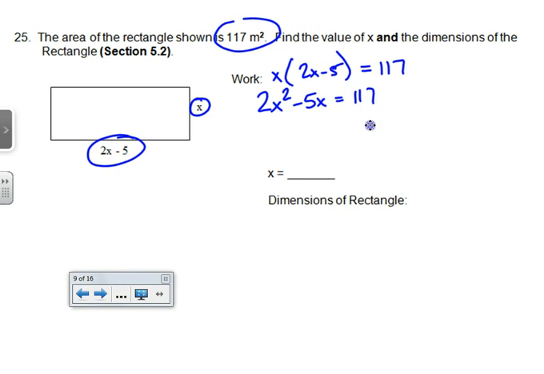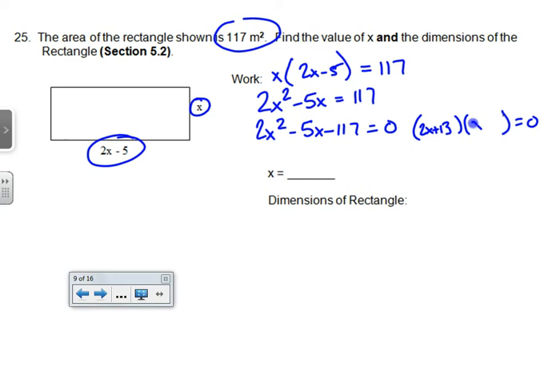Now you have a quadratic, and you have 5 different ways you can solve this. You could factor, you could do quadratic formula, you could do completing the square, although it won't be very nice. Square rooting won't work unless you complete the square. You could use your calculator if you remember how to do that, but most of you guys will refer back to factoring. It's kind of a gross problem because it takes you a minute to try to figure out how to factor this one. So on your calculator, you start dividing 117 by its factors, and I think it factors into 2x plus 13